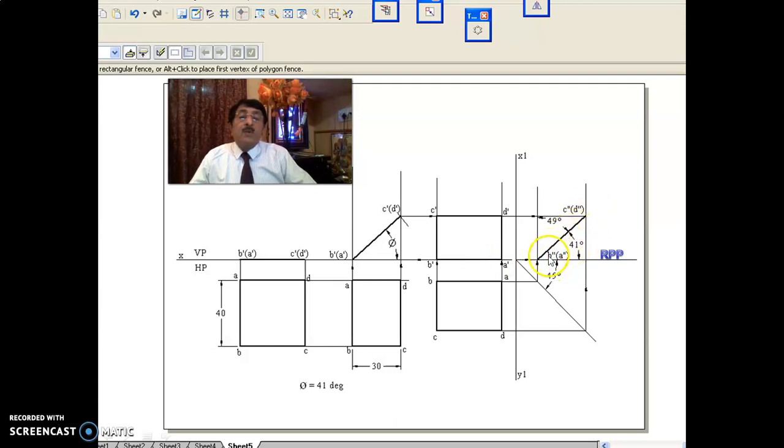In that way, you are able to complete one very good problem on projection of a square lamina in the edge position. This you should never forget. In this position you have written the side view also, and as you see here, in the side view it looks like a line. That means whenever it is in this position, you should imagine that when you're looking from the side, it appears as a line in the side view. When it appears as a line, it should be